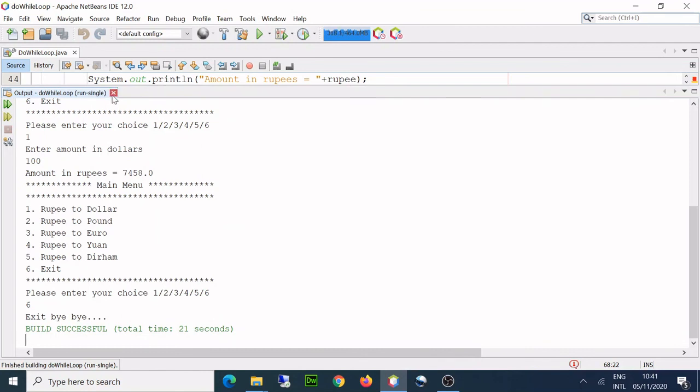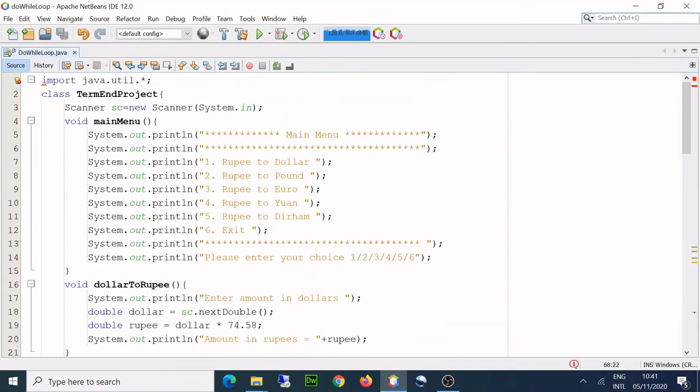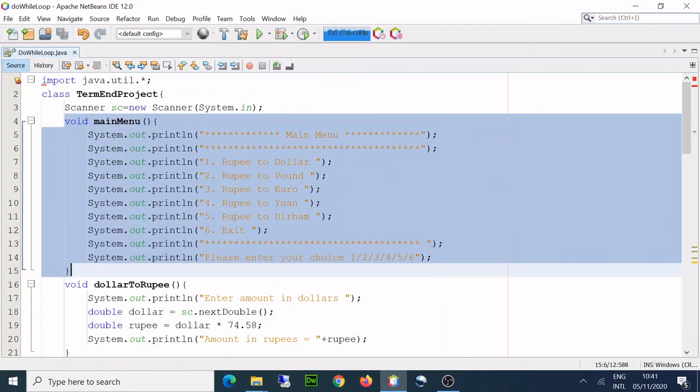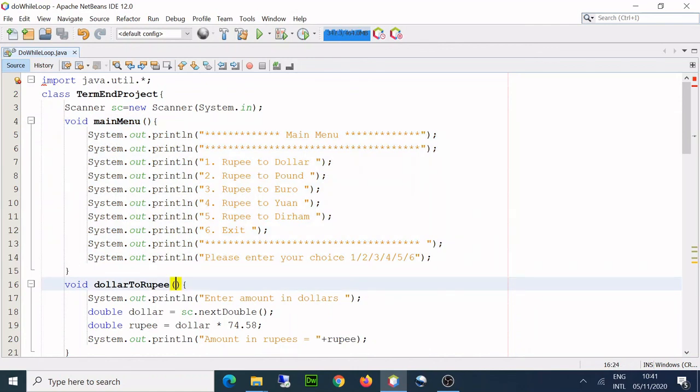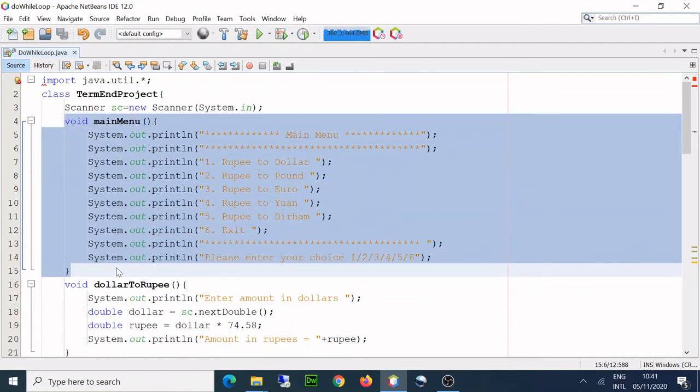Okay, so that was a simple project for you. You can modify it, change it, you can stop the video in between and run it and see how it has been done. It's a very simple project, but that is the broad idea for you, how to actually make a project, and it should look simple and it should look nice. So this is my menu method.